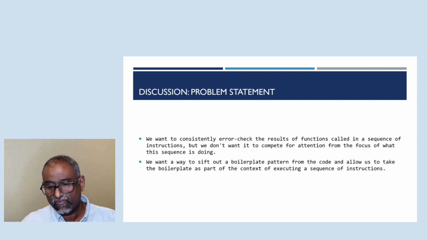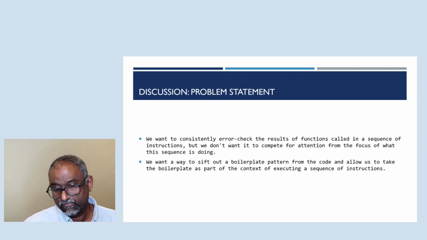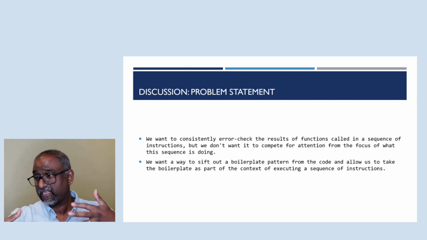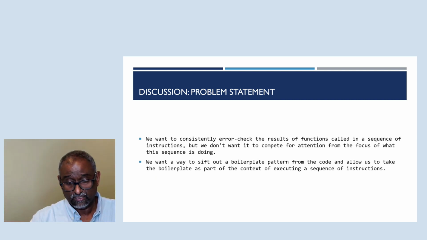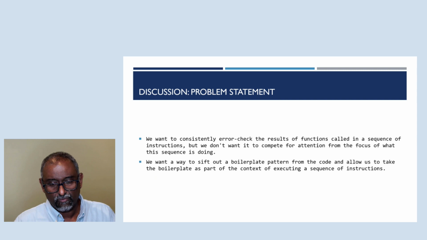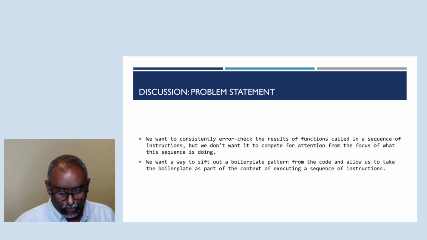We want to take that out of the code, and push the boilerplate into some context so that a sequence of code can execute in that context, and boilerplate is taken care of. That's really what we wanted to do, and so we went ahead with this